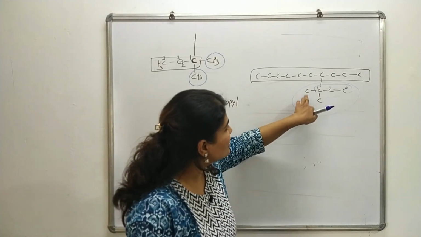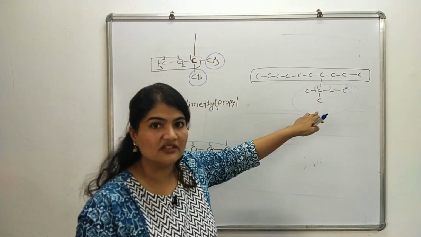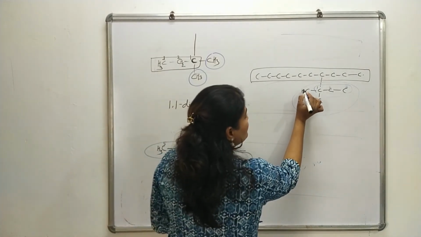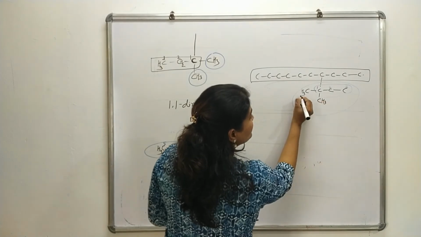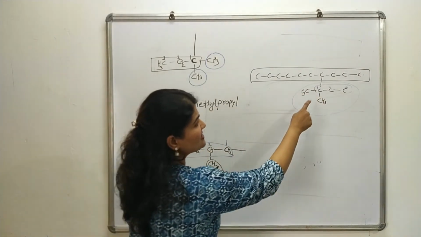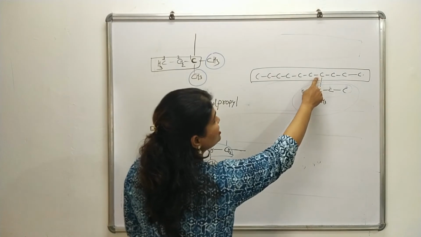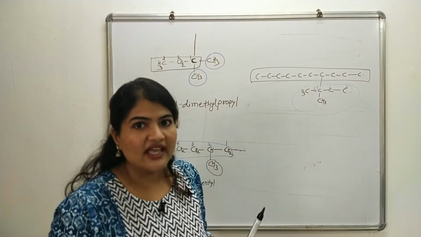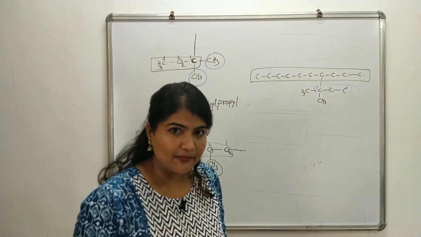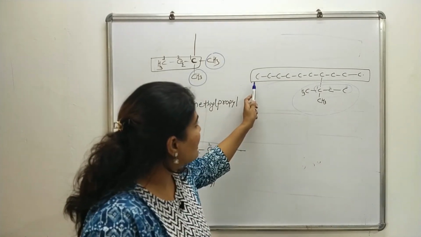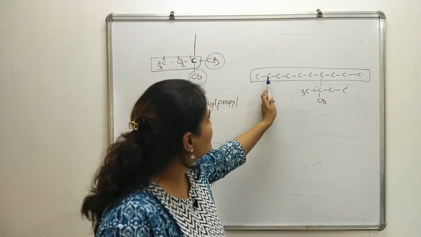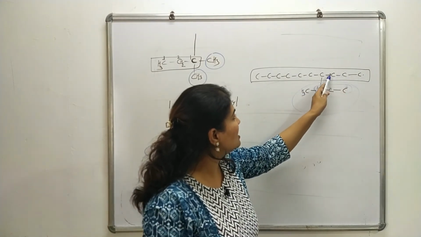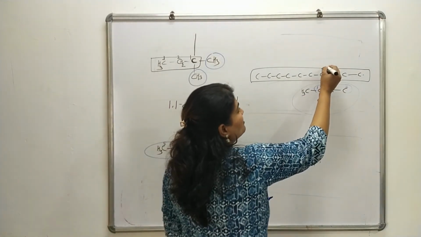And on first carbon there are 2 methyl substituents. If you don't understand, just put in the hydrogens, so it becomes easier to understand. So here you can see there are 2 methyl groups on first carbon, and this substituent is hung on the parent chain at this carbon. So we have to first assign the locant. Now you know the rule, we have to assign the lowest possible number to the substitution, and for that we cannot go from left hand side, because then 1 2 3 4 5 6 7 is the locant. If we come from right hand side, 1 2 3 4 is the locant. So we will come from right hand side.